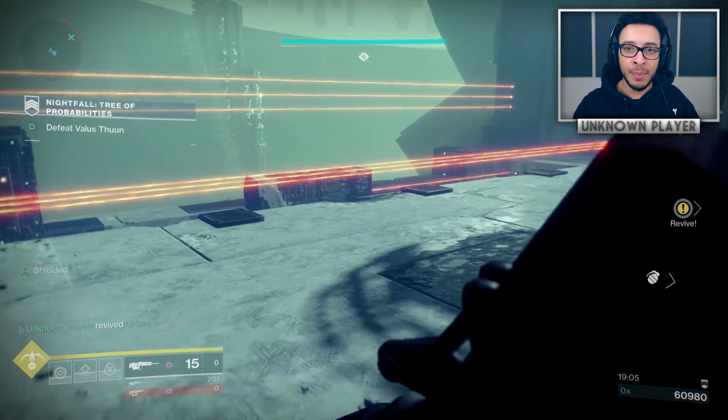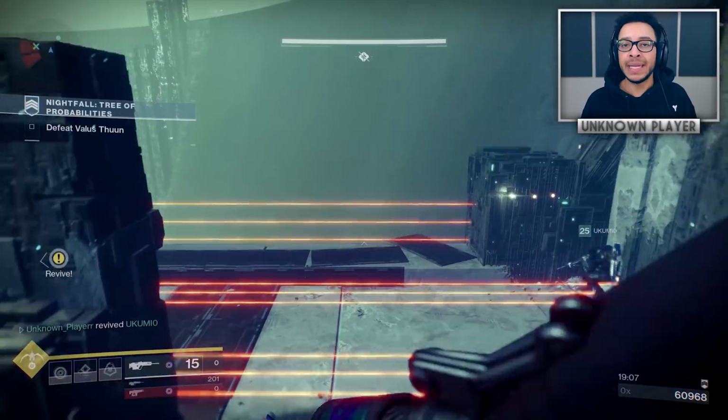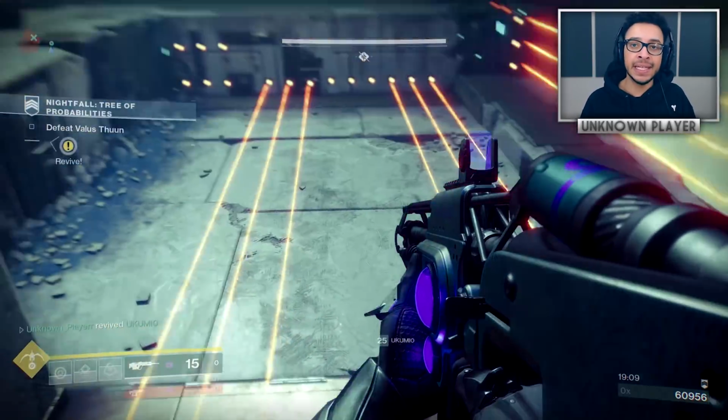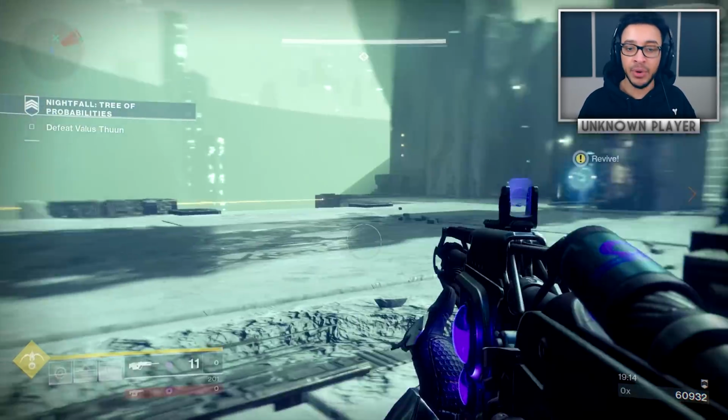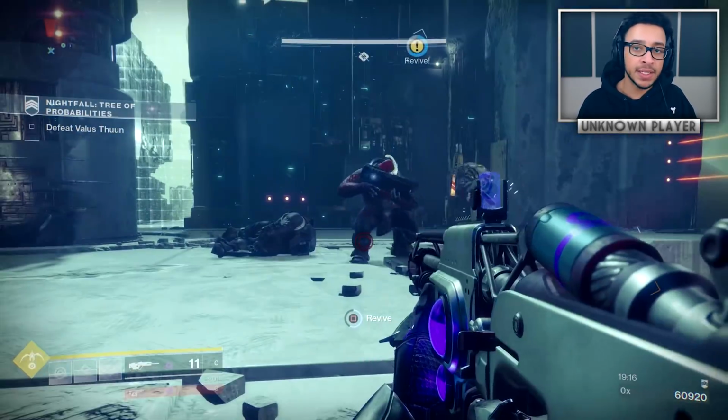What's going on, guys? Unknown Player here, and today once again we're going to be talking about Destiny 2, checking everything inside the latest update. So it's called patch 1.1.3, otherwise known as the February update, and there's a few changes, fixes, new loot variants